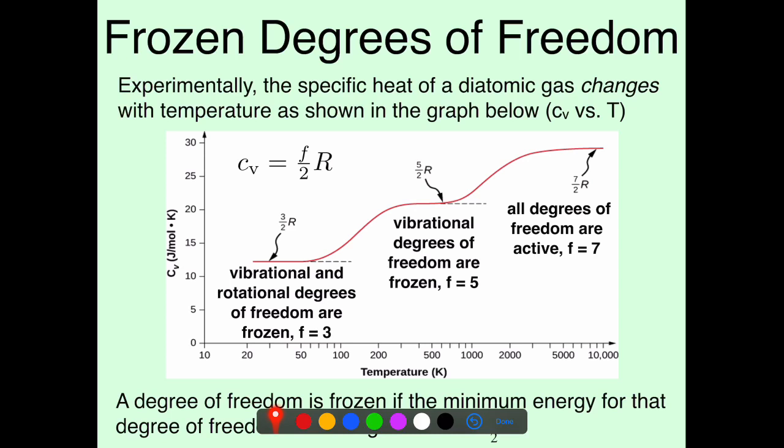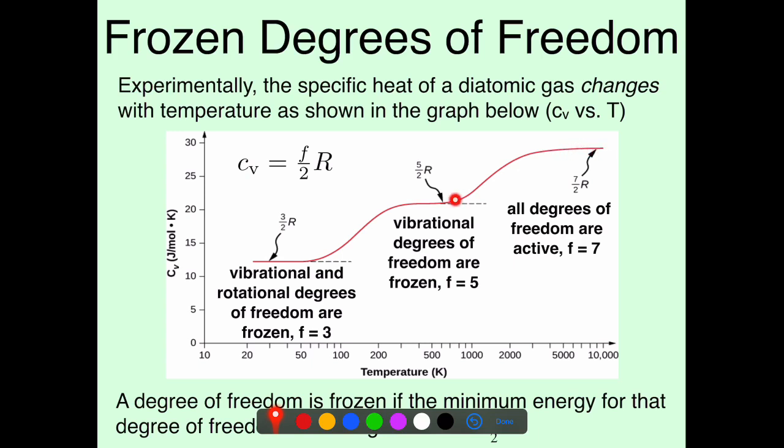So what does it mean to say that the specific heat is now 5/2 R? Well, that means F is equal to 5. There are now 5 active degrees of freedom. So now you have those 3 translational degrees of freedom, as well as the rotational ones, but the vibrational degrees of freedom are frozen out. Those aren't kicking in yet because the temperature is too low. So as we continue on,